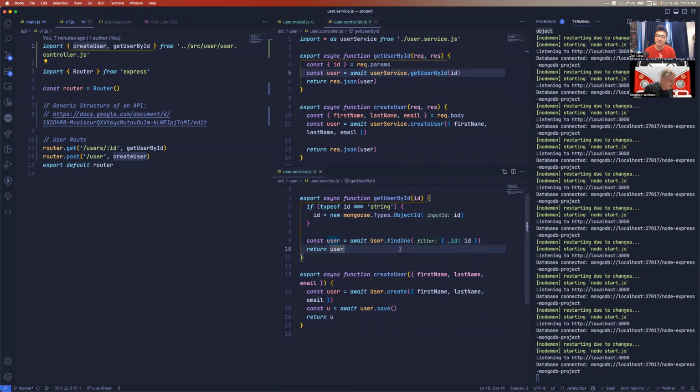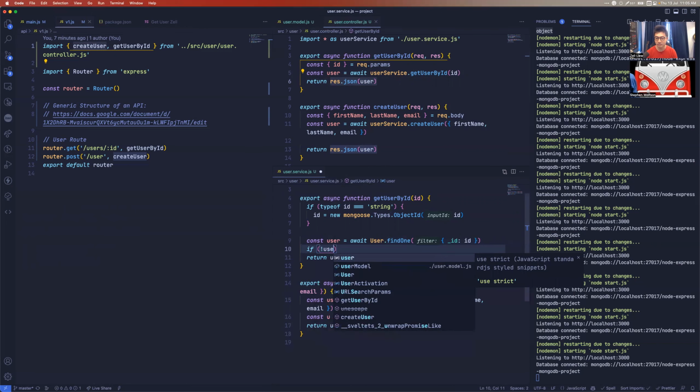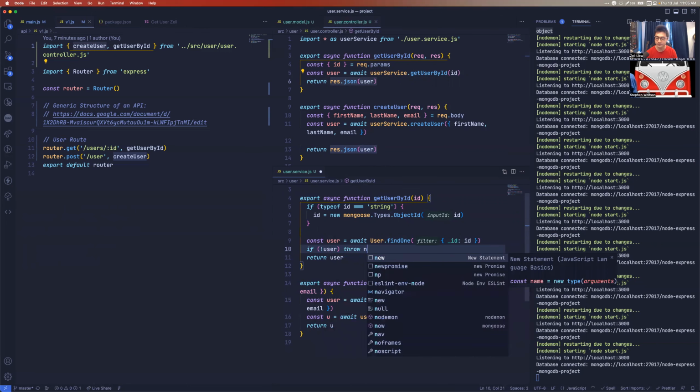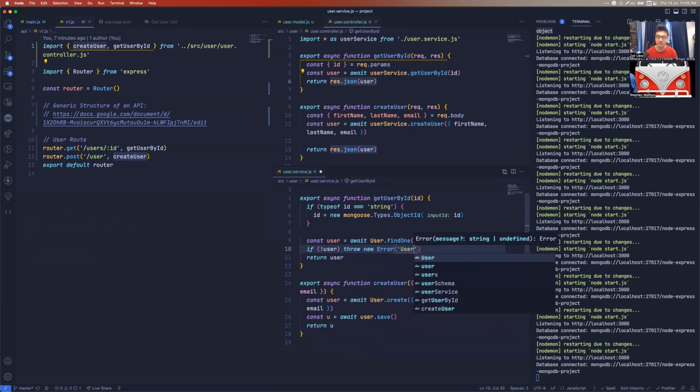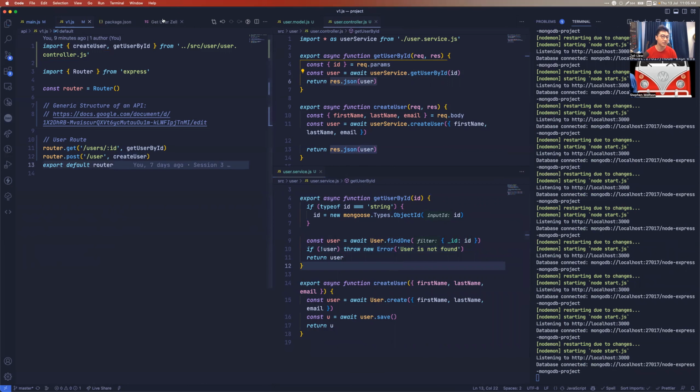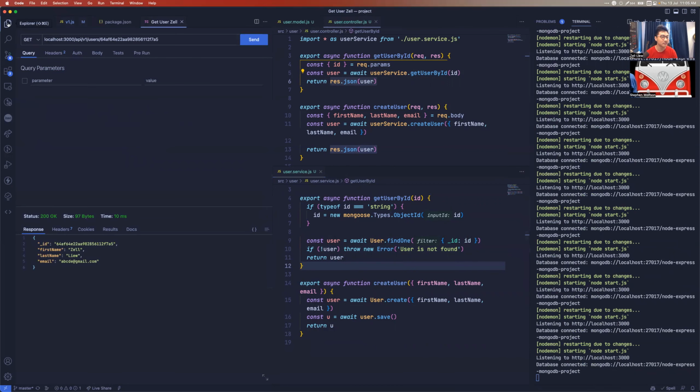All right. So a couple of things that we can do over here is some sort of checking or defensive coding, if you will. Let's say, for example, when you search for a user and the user is not found, we should not return res.json. What we can do is, if not user, we can throw an error that says user is not found. So if we go back into get user,